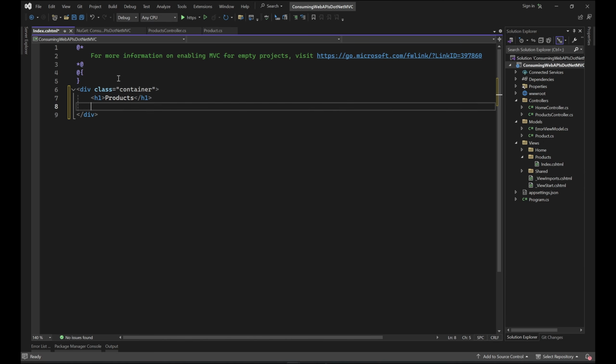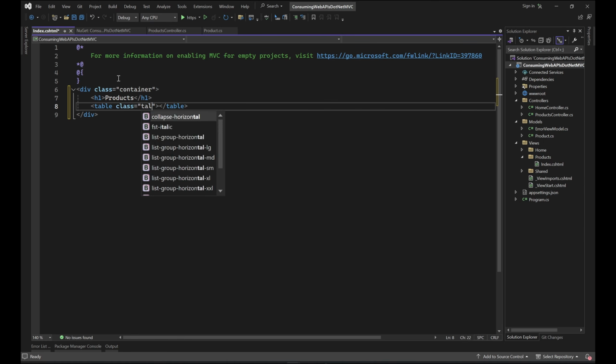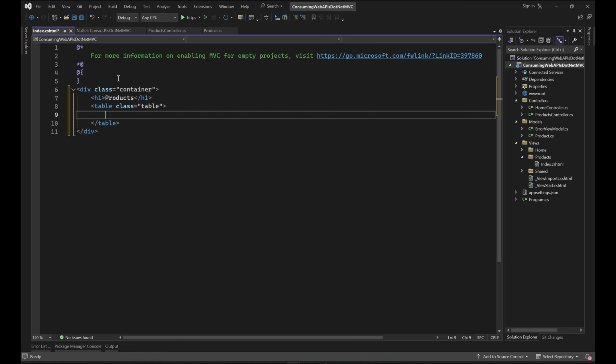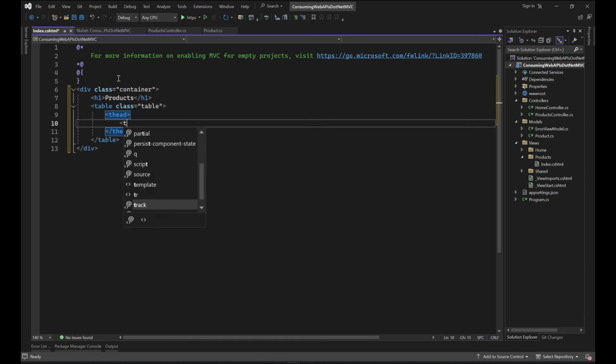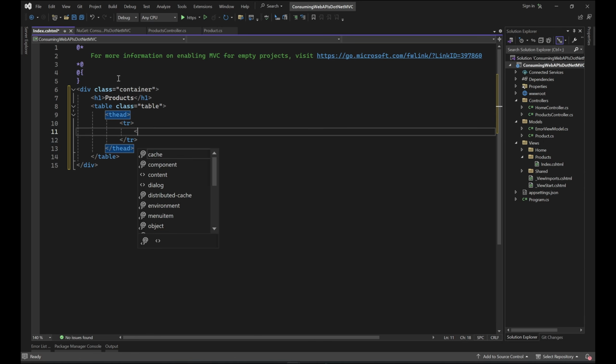And after that, we are going to create a table. Class will be table. Thead, within the thead, we are going to utilize the tr, within the tr, th, within the th